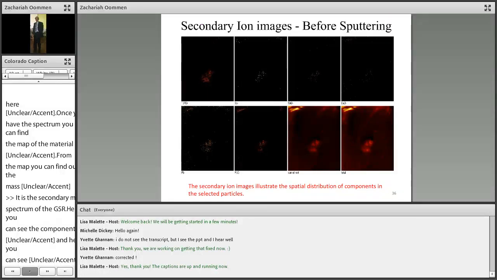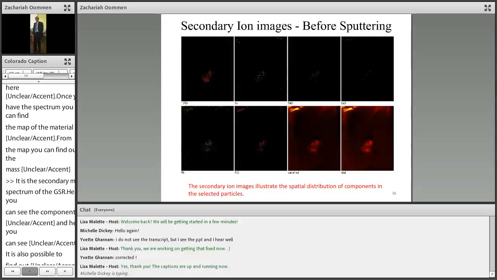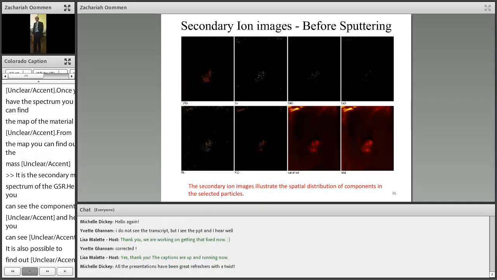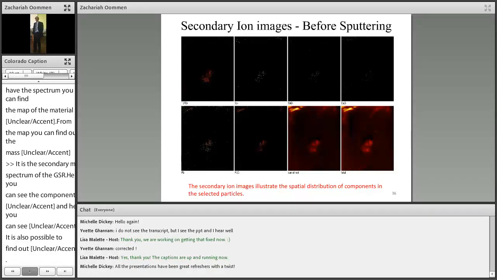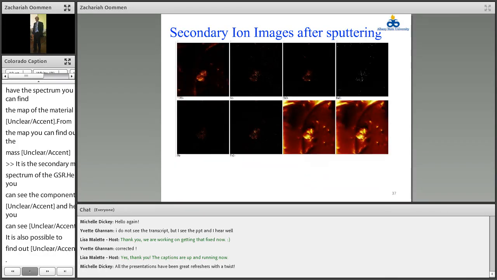Here the picture is not so clear, but you will get the map of antimony oxide, barium oxide, and this is the whole picture of this GSR sample. Then you have lead oxide and lead. I don't think the picture is very clear. These are the secondary ion images before sputtering. After the sputtering, we can also find out this. You get the same information, but you can see that